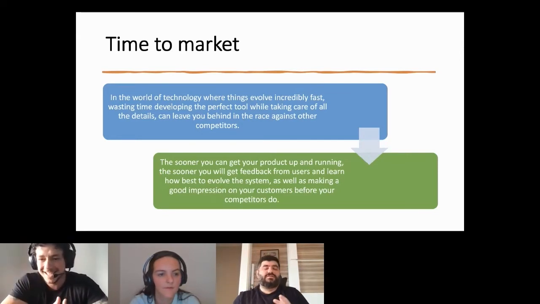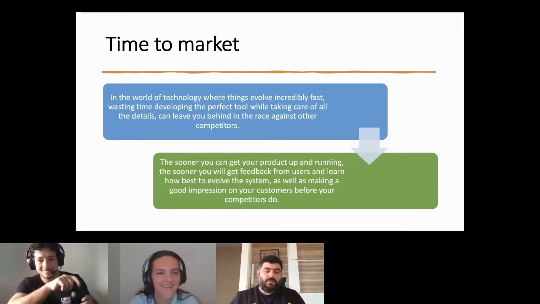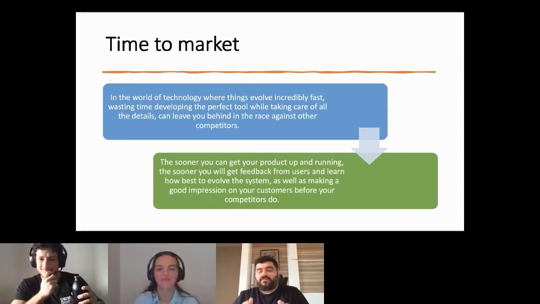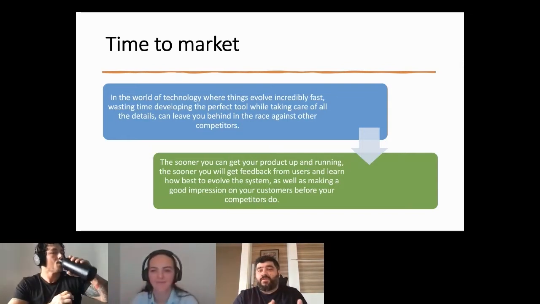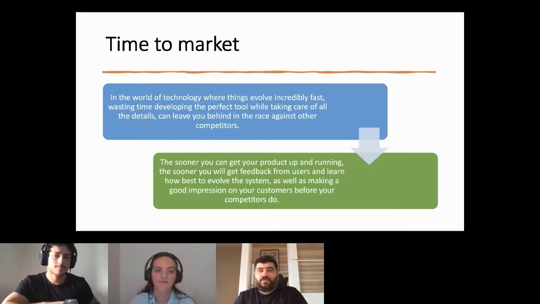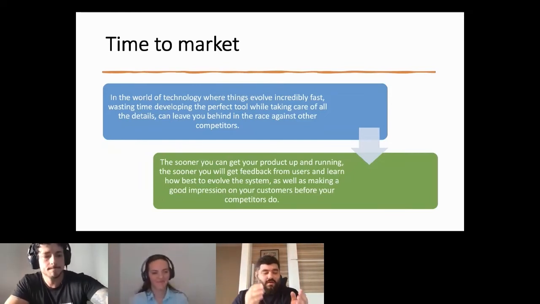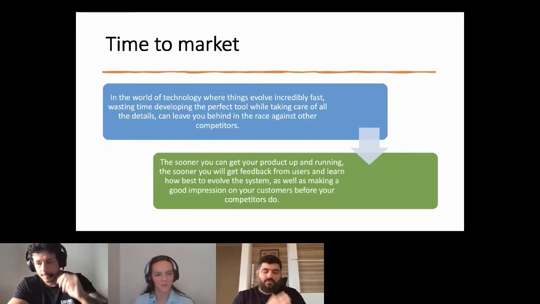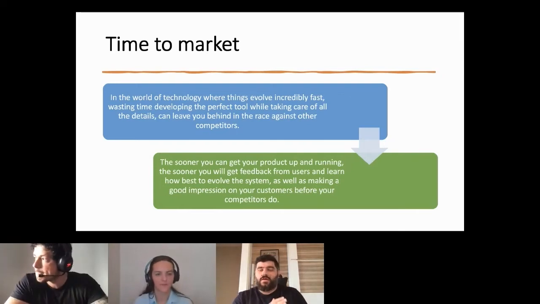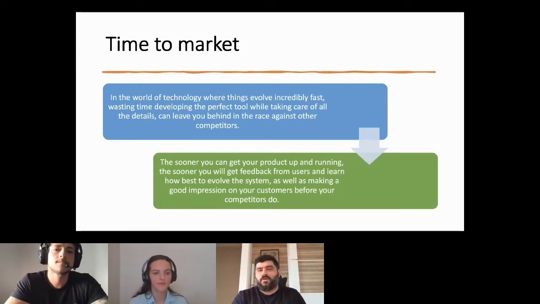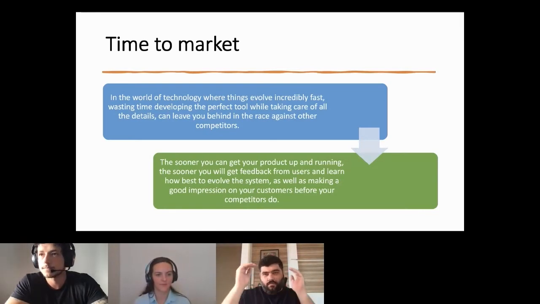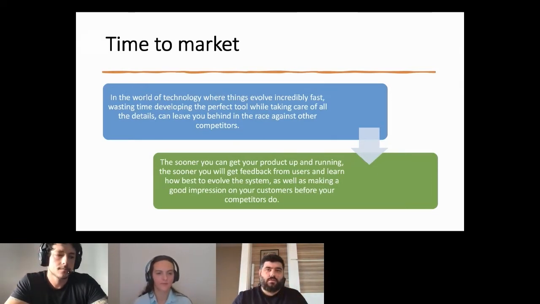Just to complement, it is important as well to differentiate what is an MVP and a POC. In a POC, you're just trying a functionality or trying to discover if something can be done in the tech, but you're not focusing on having that in production. With an MVP, you're looking for production, but you're looking for what is the minimum work I can do to have it in production and start collecting feedback.